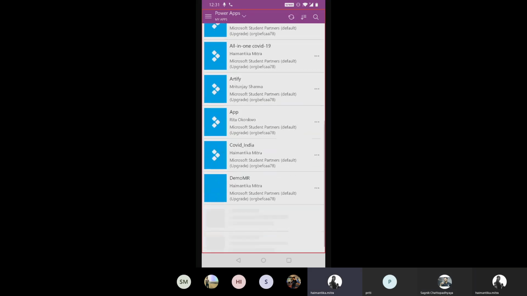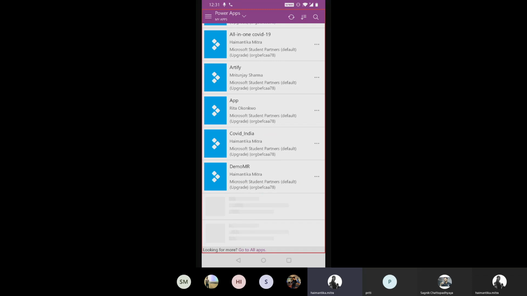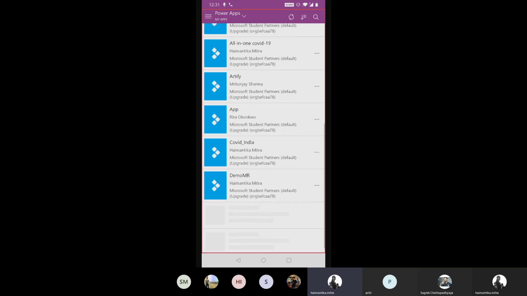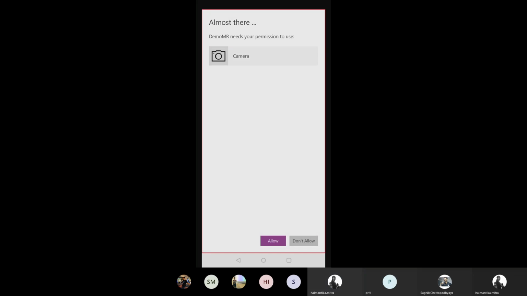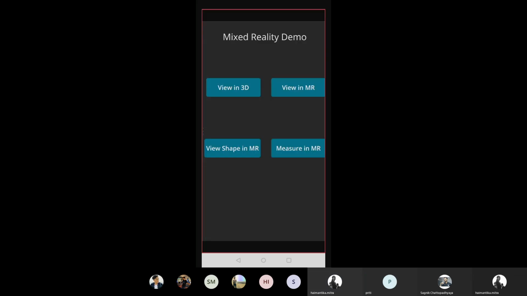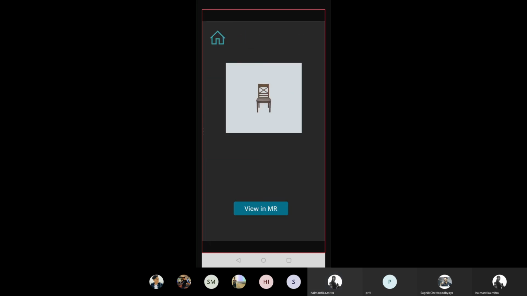As you saw, my app name was Demo MR, so you can see that it is available here. So I click on this. It takes a little time to load. I'll click on View in 3D. So this is the chair that I added, and now I want to view this in MR.